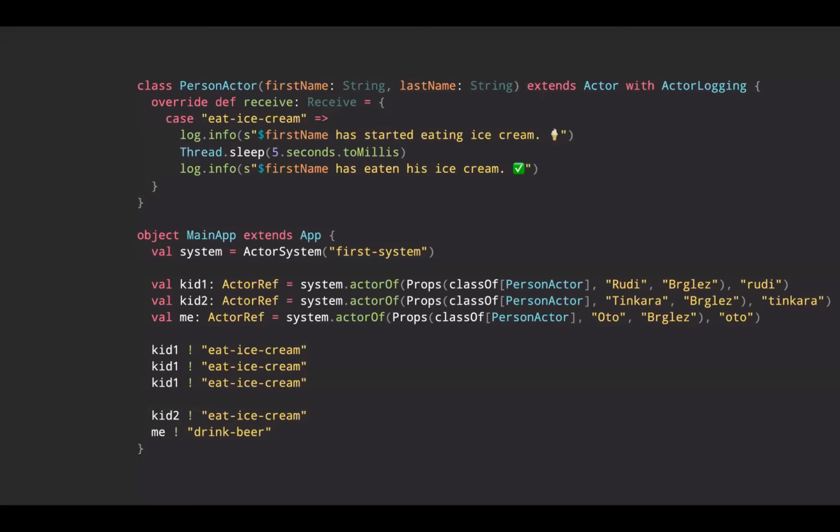So with that said, what you see on your screen is essentially one very small Akka application, and the code is essentially written in two blocks. On top you have one class, and on the bottom you have the main application. The class on top is an actor that represents essentially a person. It has a couple of attributes like first name and last name, but you can see that this class inherits from Actor. Then it also implements something called ActorLogging, which is used for logging within an actor.